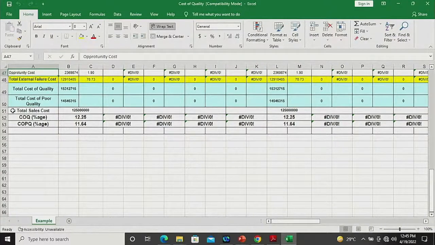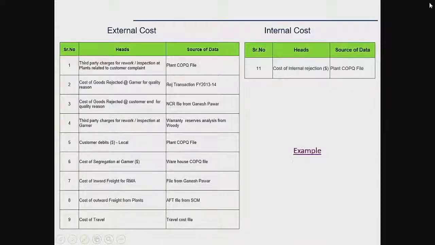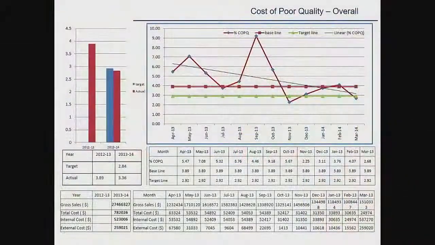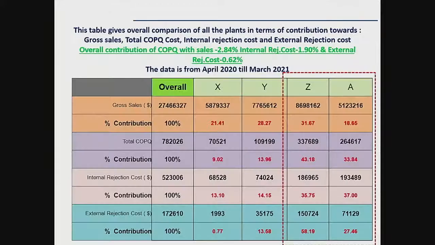But the important part is the data. If you don't have the right data, your assumptions will be wrong. So please first create a platform from where you will be able to get this data, and the data should be right. Otherwise, your inference will be wrong. You will take wrong decisions. Later on, you can play with the data the way you want. You can play with the graph, you can do all kinds of analysis, just as an example. Look at the trend, whatever you want to do.